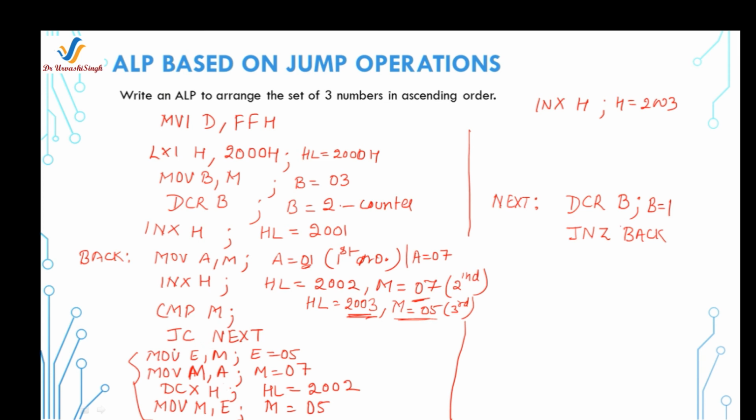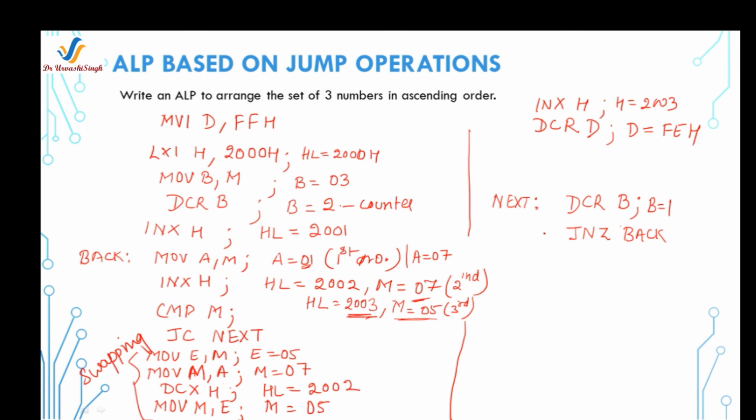So if swapping is not performed, then this instruction will make the program jump to this point where you will just check the counter, and then if the counter value is 0, then halt. But if it is swapped, then write some instruction over here to check the swapping, and I am writing decrement D. In this way, this is our swapping section. So now D is holding FE hex.